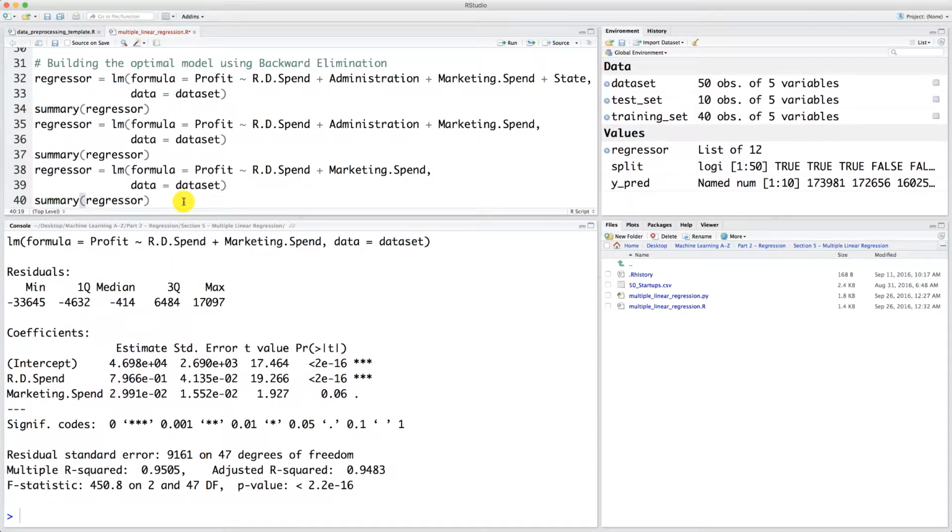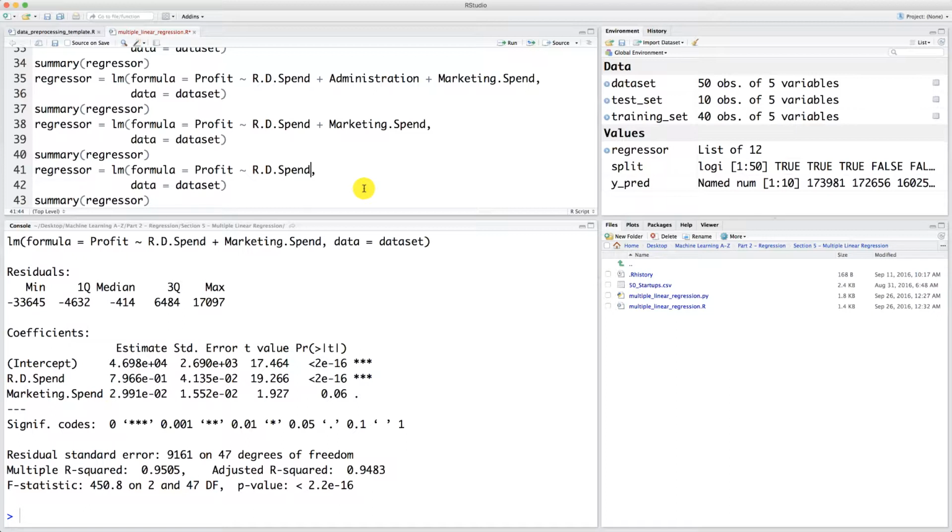That's actually the final solution, but it's really a good choice of yours if you actually decided to keep marketing spend. You will be proud of this choice at the end of this part. So congratulations anyway if you decided to keep marketing spend. And of course also congratulations to the others who decided to remove marketing spend, because that means you just followed thoroughly the backward elimination algorithm. So congratulations to both of you, and let's finish this backward elimination algorithm, because actually, this is definitely the final